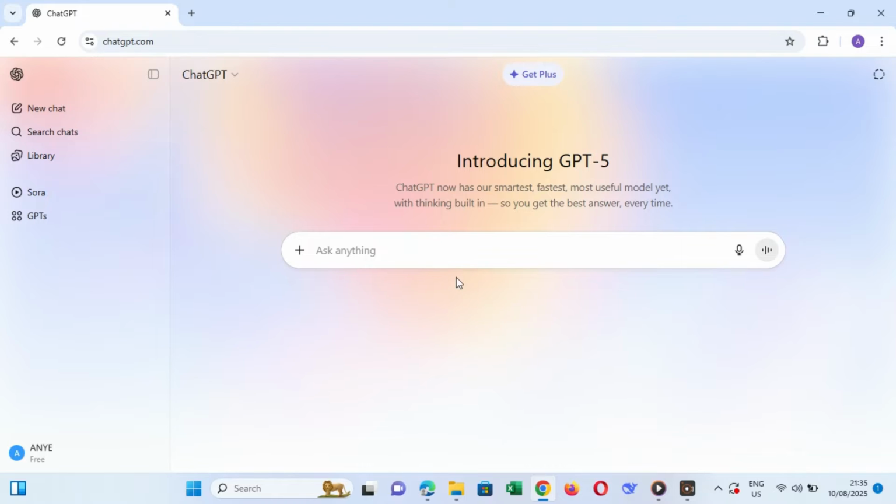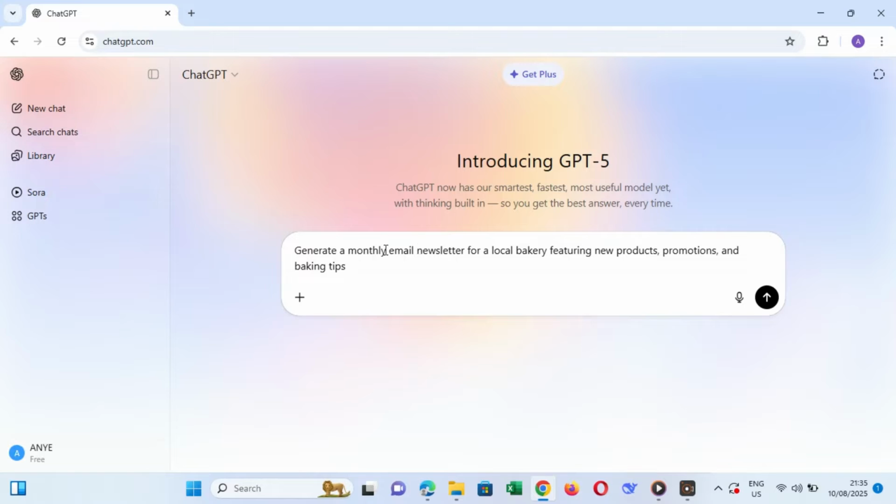Email newsletters are a powerful way to keep your audience engaged and informed about your projects, services, and updates. When using ChatGPT, start by specifying your business type, target audience, and the key message you want to deliver. For example, you might say, generate a monthly email newsletter for a local bakery featuring new products, promotions, and baking